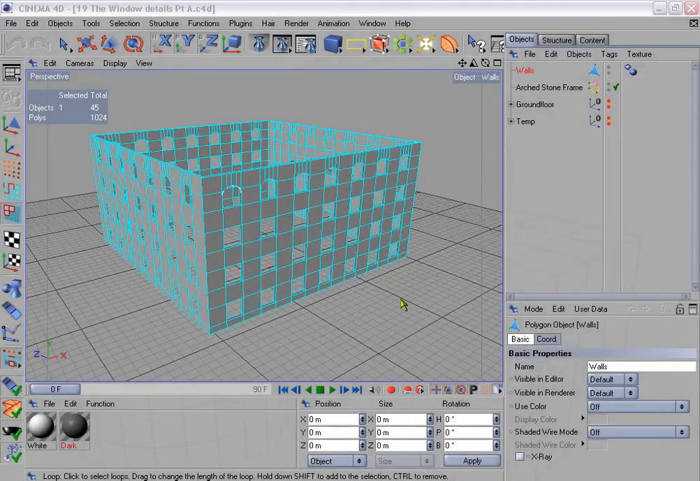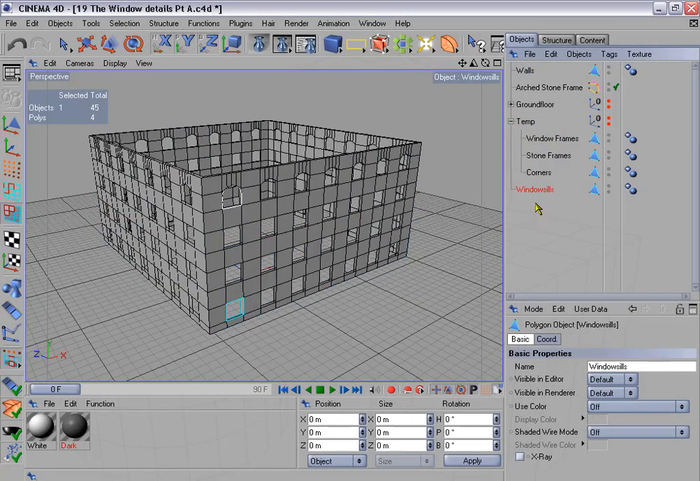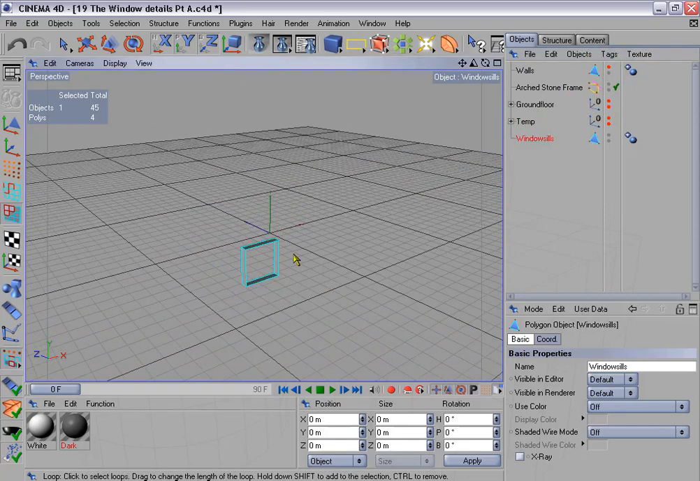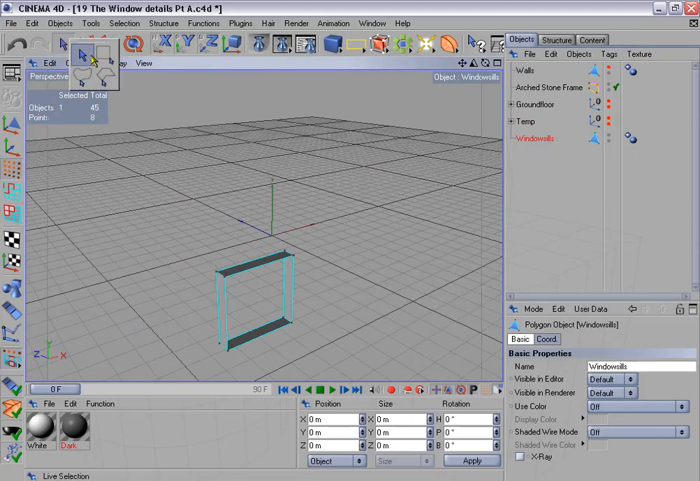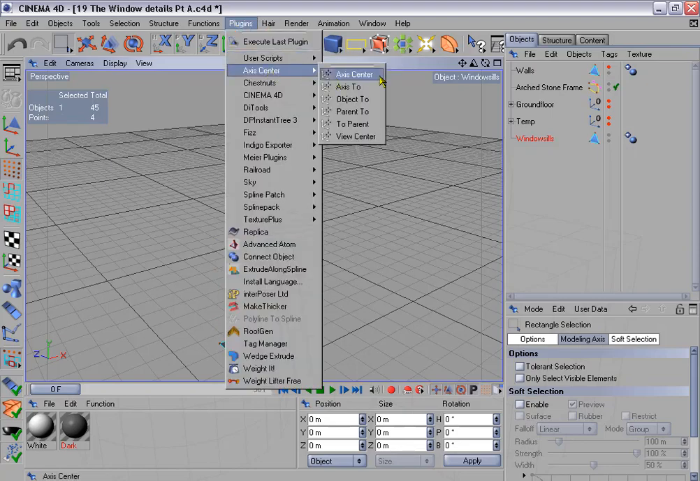Hi and welcome back. In this lesson we're going to start on the details for the windows, and the first thing I want to model is the window sills. So let's drag these window sills out of the temp null object, go to the point mode and delete these top points of the window sill, and then let's center the object